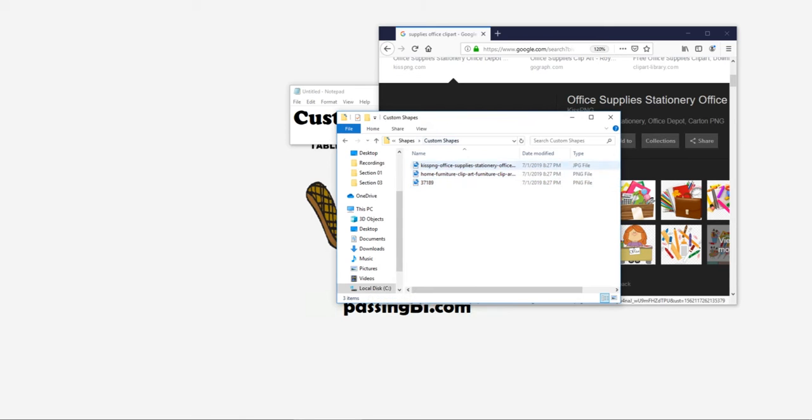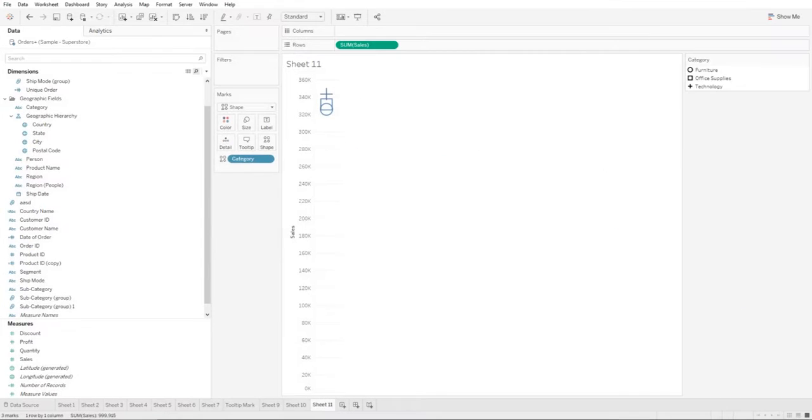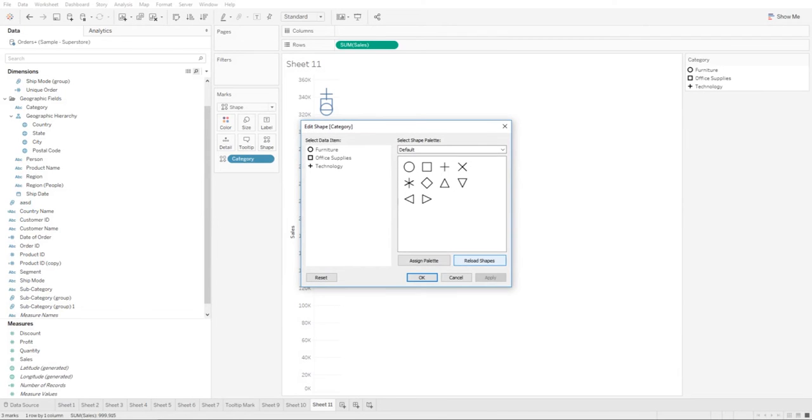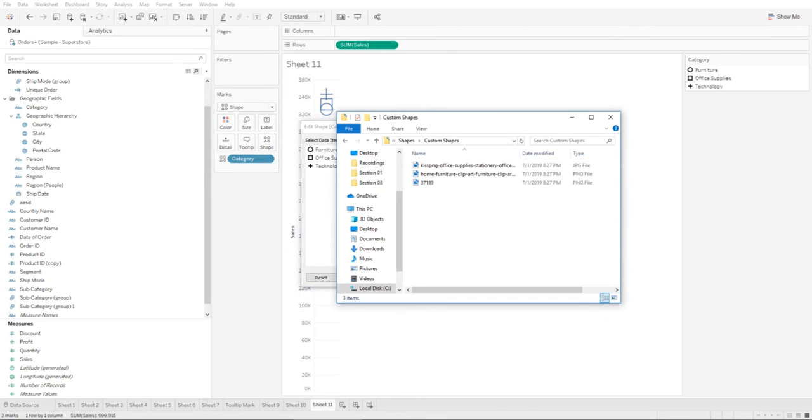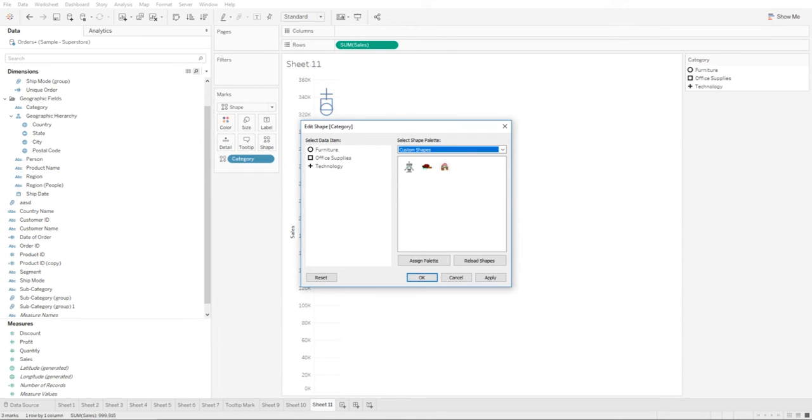folder, and once they're here, all you have to do is go back to your worksheet, go to shapes, go to reload shapes, and once you go to the drop down, we're going to notice that now there's a folder where there's an option for the custom shapes, and once you select here, we're going to notice that the pictures that we added within this folder appear now over here. So now we're going to go through each one by one. So furniture, we're going to select the furniture, we're going to select the office supply image, and we're going to select the technology image. After you have selected each of these different images, you're going to click on apply and